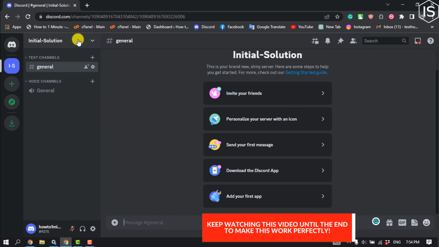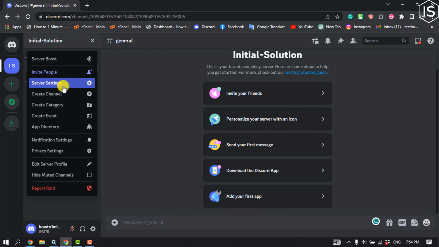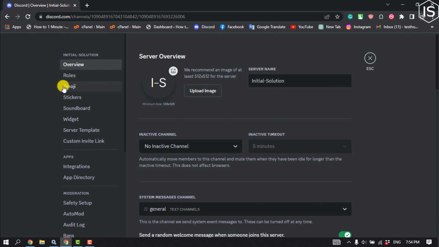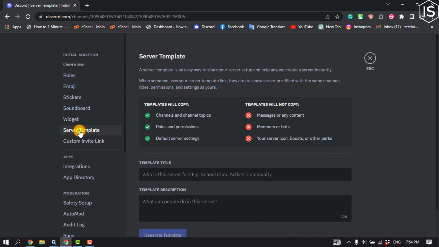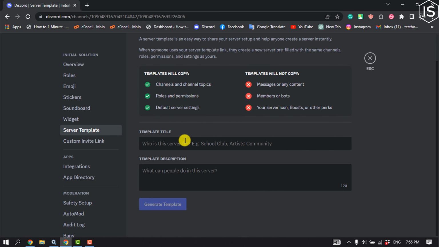Then click on the server name and go to server settings. Click on server template and give here the template title. You can add a description here, then click on generate template